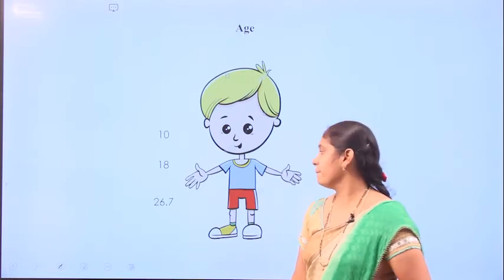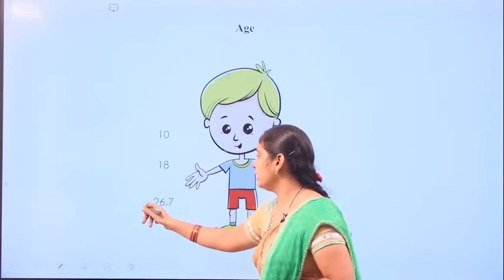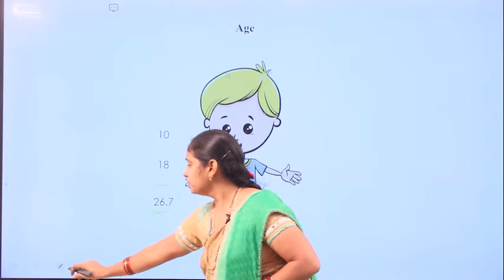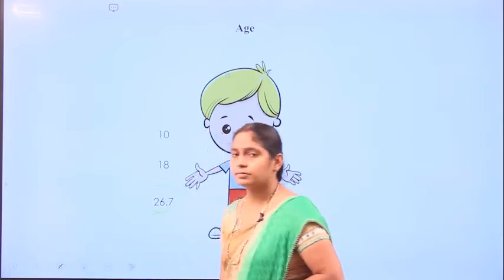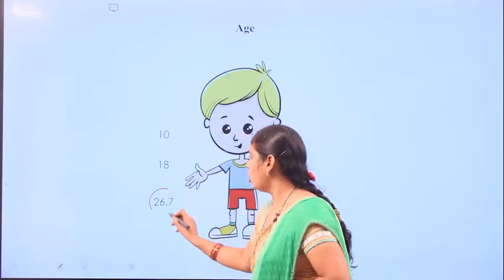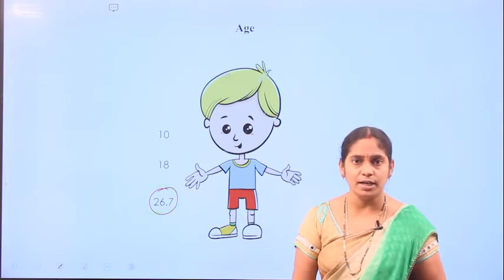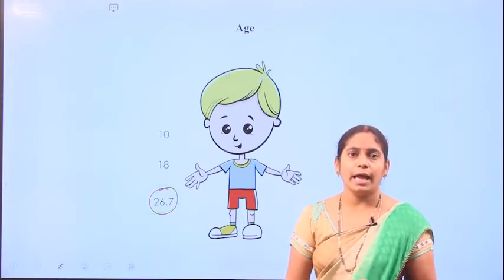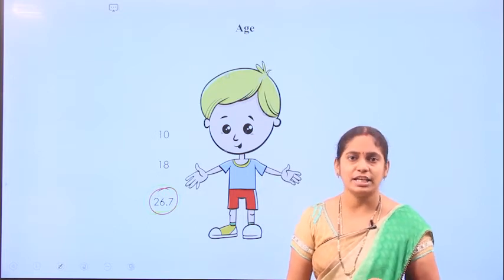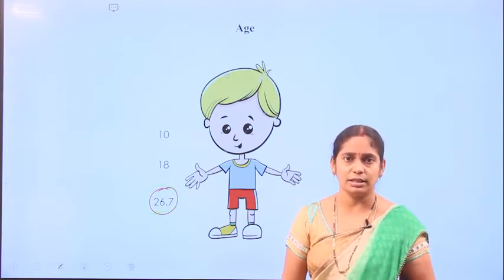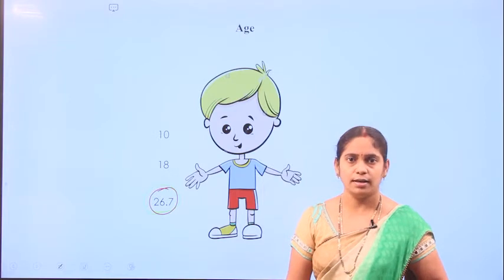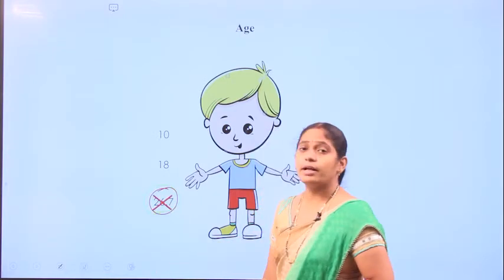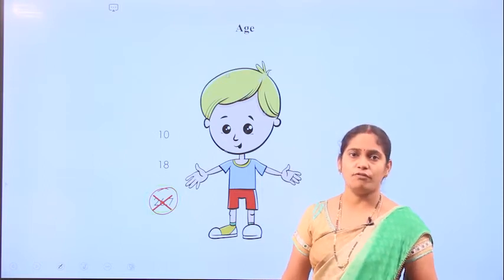Can we say the age as 26.7? Can we tell the age as 26.7? No. Usually we say 10 years old, 15 years old or 33 years old. The other way is not the correct way to represent the age of anyone.